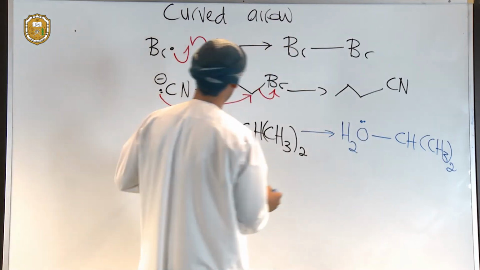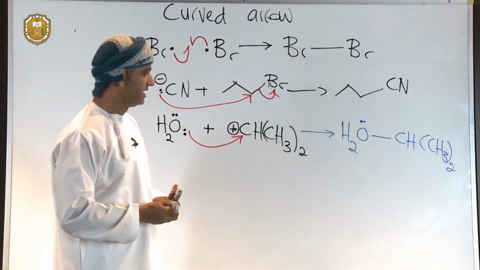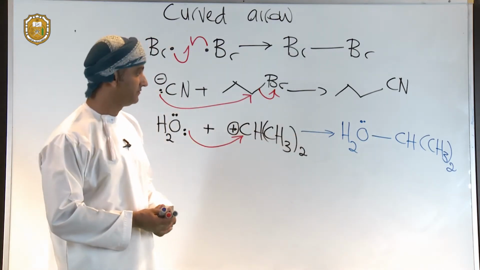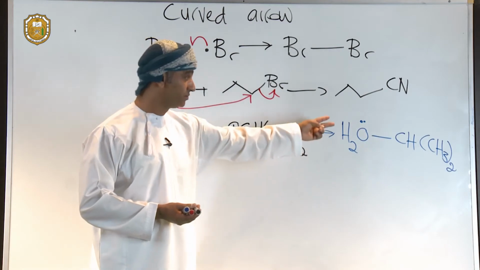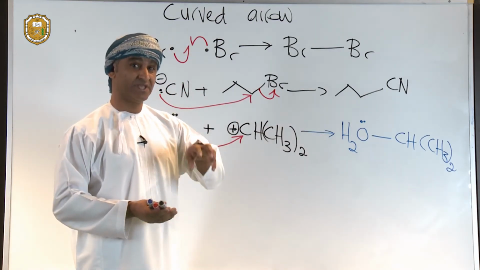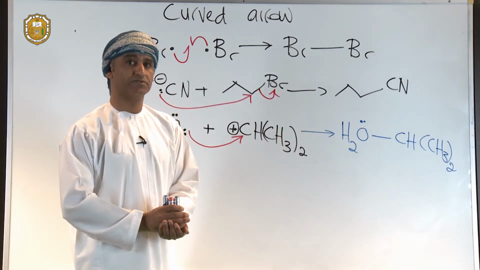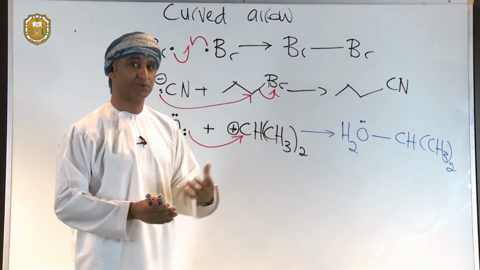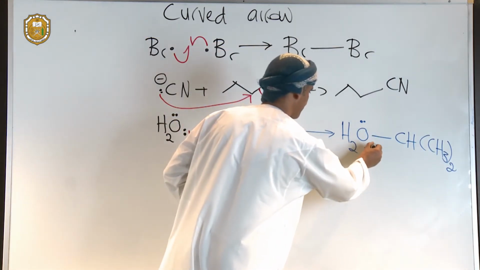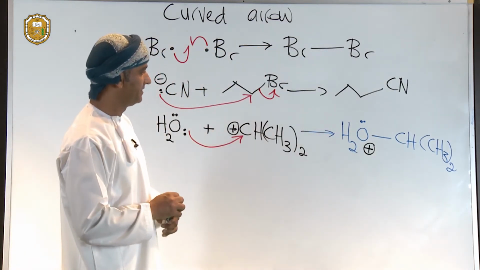One lone pair has been used already to make a bond between oxygen and carbon. But if you count the number of valence electrons in that structure, you'll find it's actually 5. So 2 non-bonding plus 3 bonding electrons, that's 5. If you subtract 5 from the usual number of valence electrons in the free atom, which is 6, you get plus. So the formal charge is actually plus 1. So it is positively charged oxygen in that intermediate